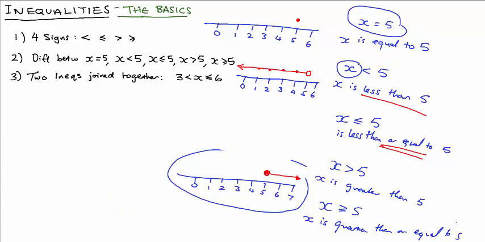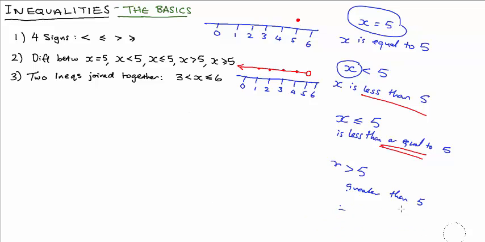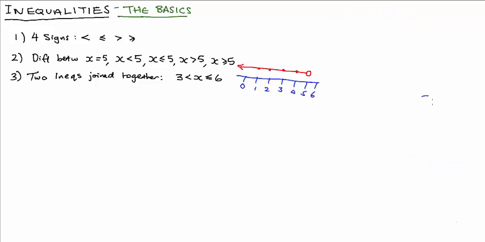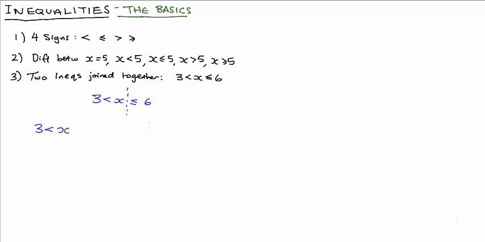Now, we still need to talk about when you see that last kind of thing. This. So this isn't much harder. Again, all the difficulty is in understanding what it means. Once you understand what it means, it's reasonably straightforward. So, this is what it means. When you see something like this, it's actually two inequalities joined together. And the first inequality finishes where x finishes, so it looks like this. The other one,